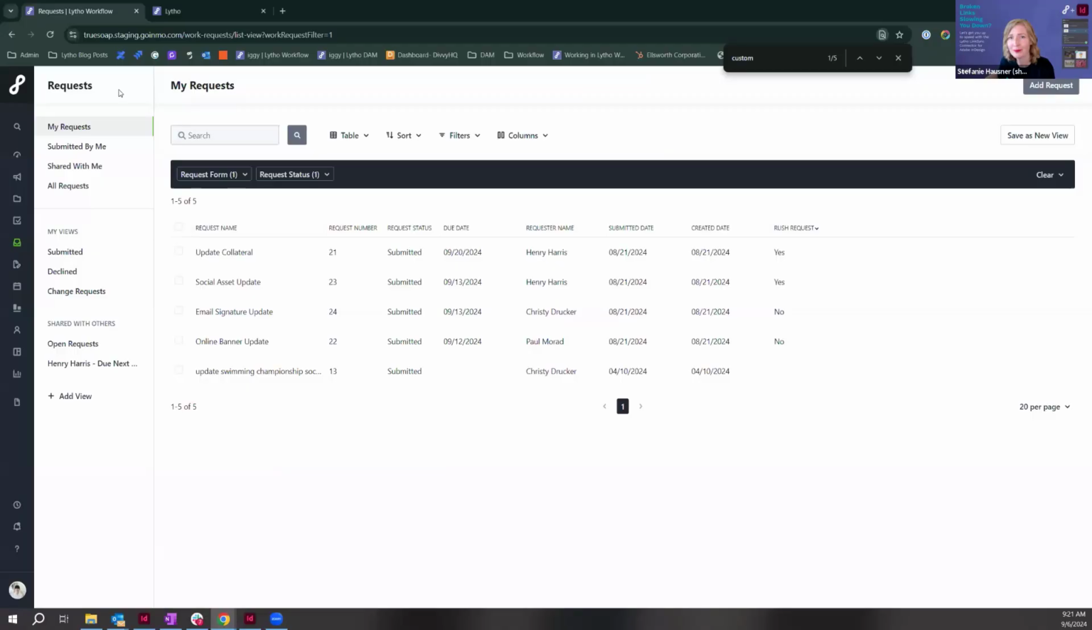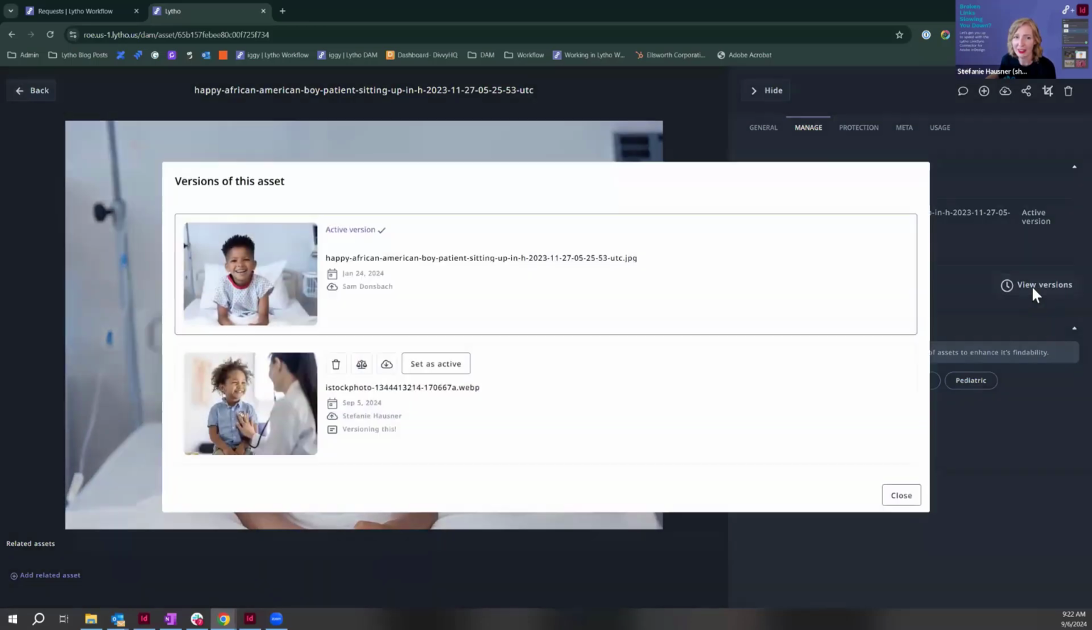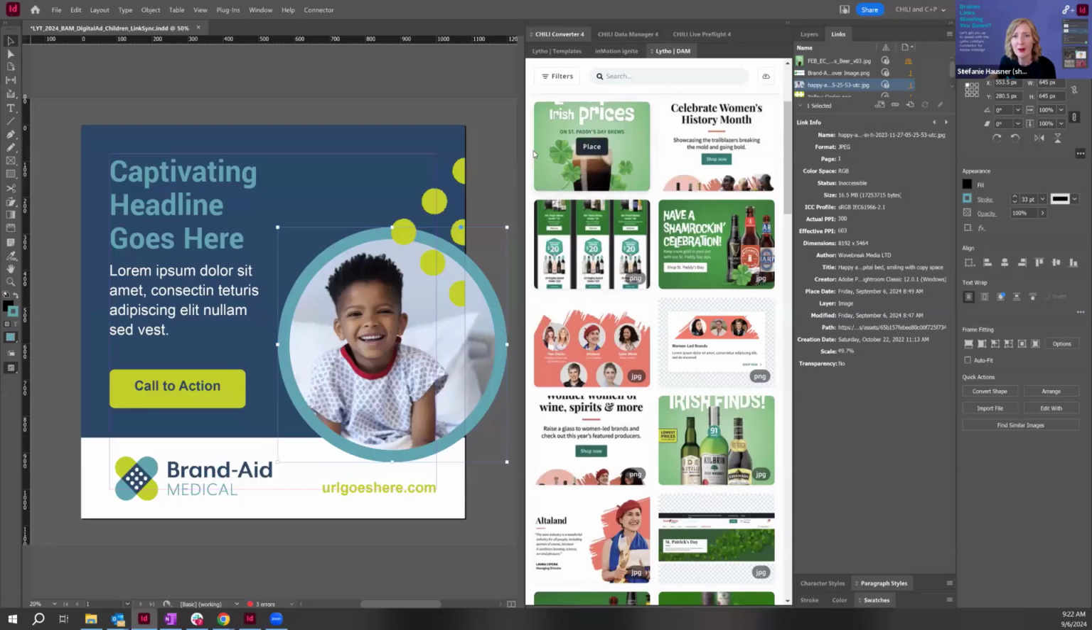So I'm going to come over to my DAM. I got this picture here, and this asset has some different versions. So what if I want to use a different version of this asset? I could upload my own version from my desktop, or I could view the versions that already exist. And so maybe I got this other picture of a different kid. Let's set this one as the active version. And so now when I come back over to InDesign, I'll get this